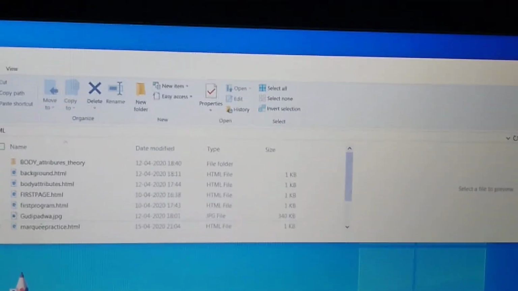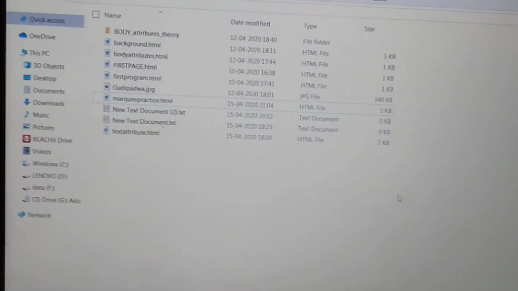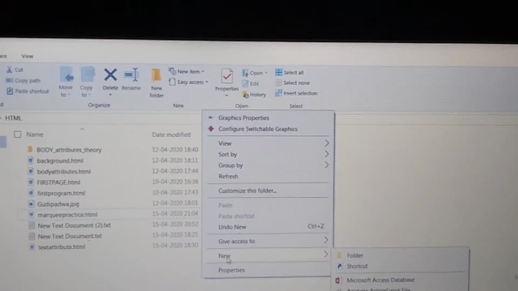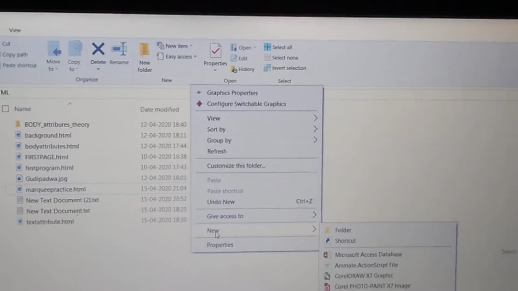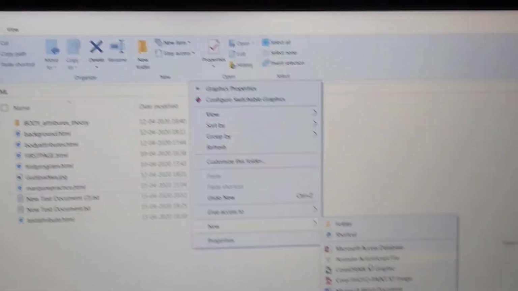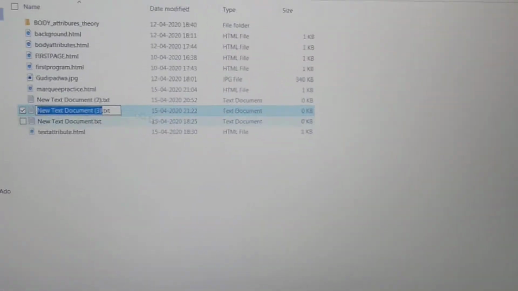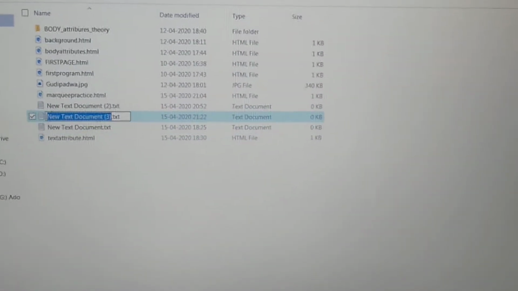You can create your own folder, give it a valid folder name, and into that folder double click, right click over there, select New. In that I want a text document, so I select the text document. Again double click the text document to open it. Now the text document will be open. Now first maximize it.